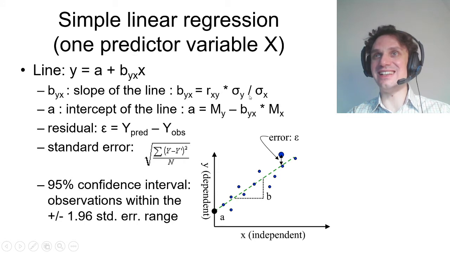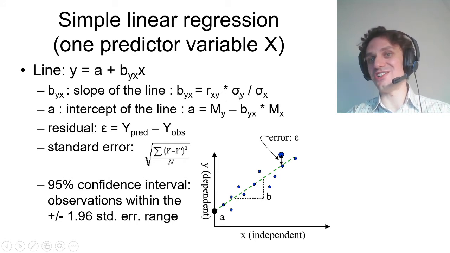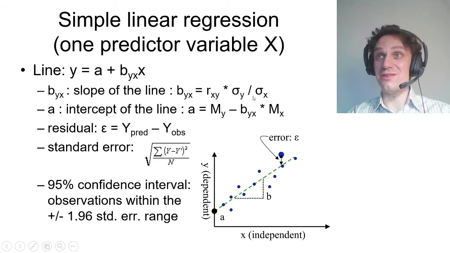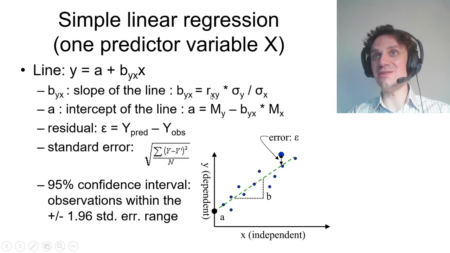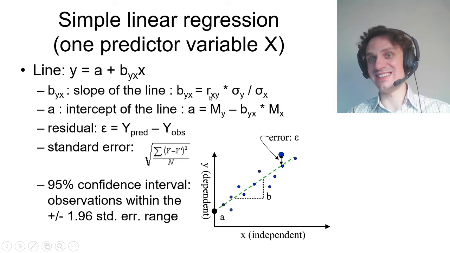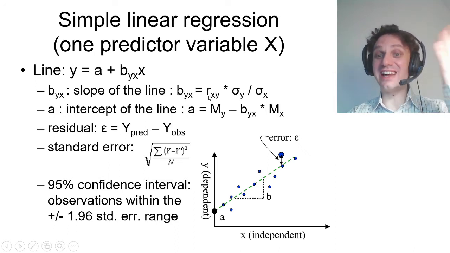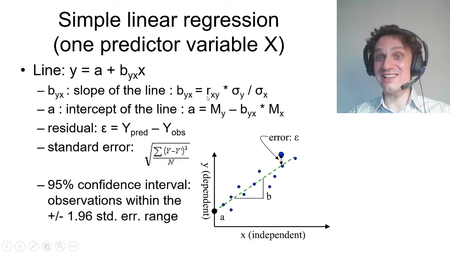So essentially, if your standard deviation on both variables would be 1, your regression coefficient would be equal to your